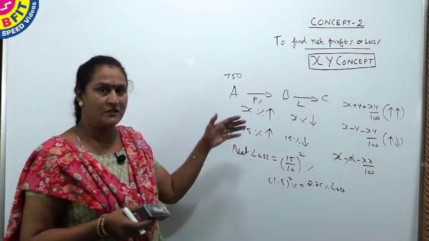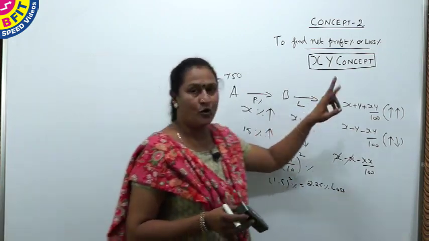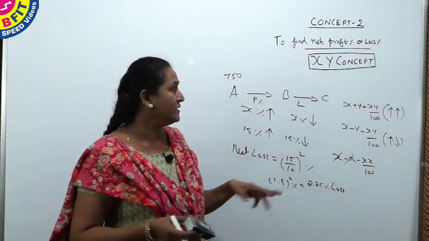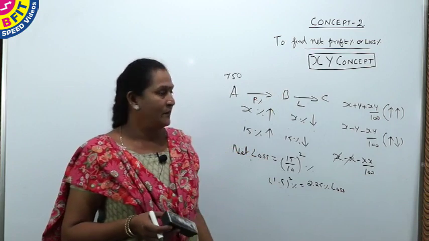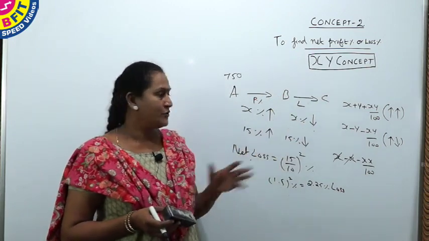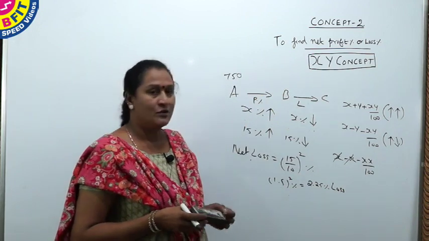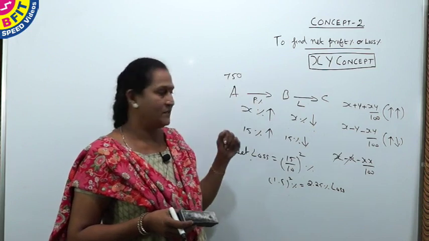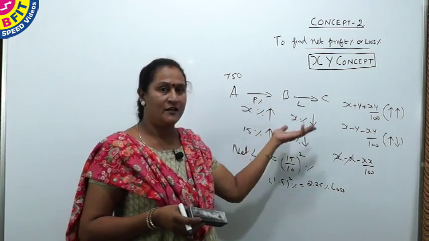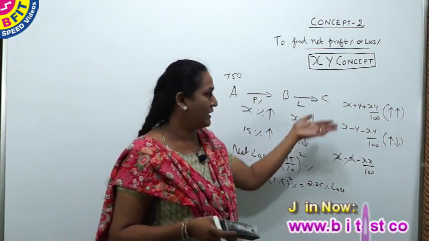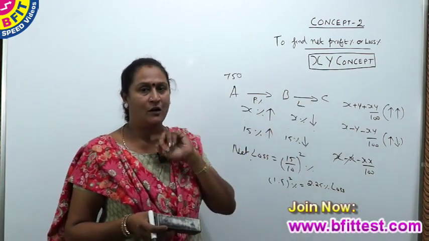So hope the concepts are very clear here. For two increases, we can use the XY concept. Whenever you have two increases, you can use this XY concept. They ask this question in area and volume also. One question for sure they'll ask on this concept. Suppose in area, length is increased by x% and breadth is increased or decreased by y%. What is the increase or decrease in its area? You can use the same concept there also.